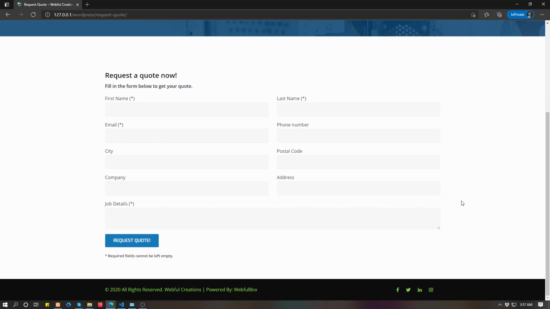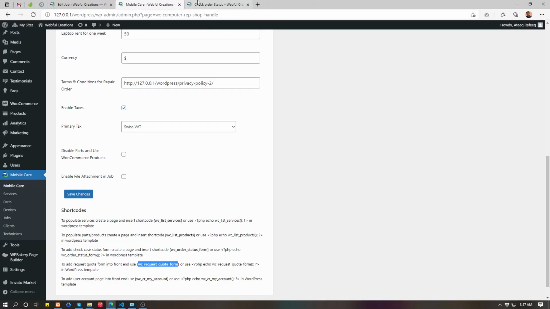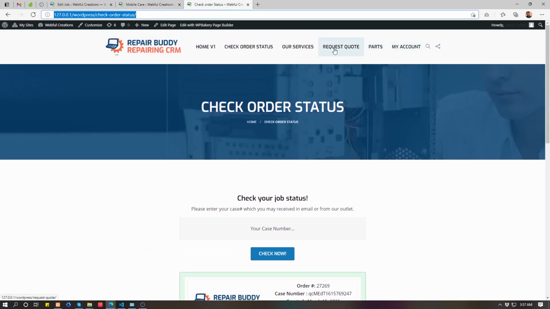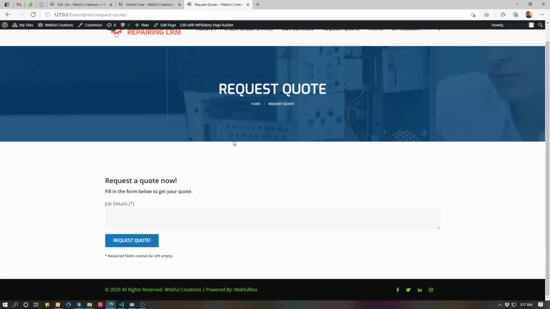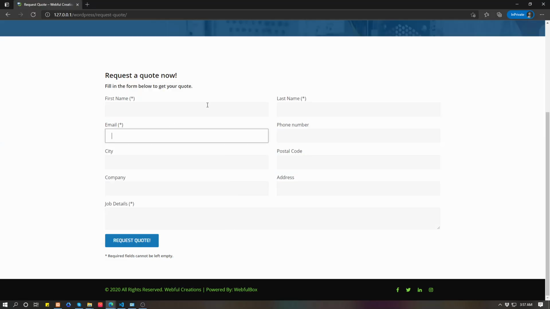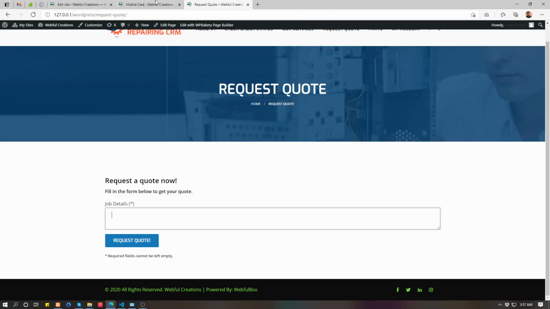If you are logged in, then these basic information fields are missing. See, from the front end, when I am logged in here on the request quote page, there is only job detail, because if a customer already exists, he just needs to give his new job details. And if the customer does not exist, we'll ask him name, email, phone number, city, postal code, company address, and job details. Based on his email, his user details would be sent to his email also, and